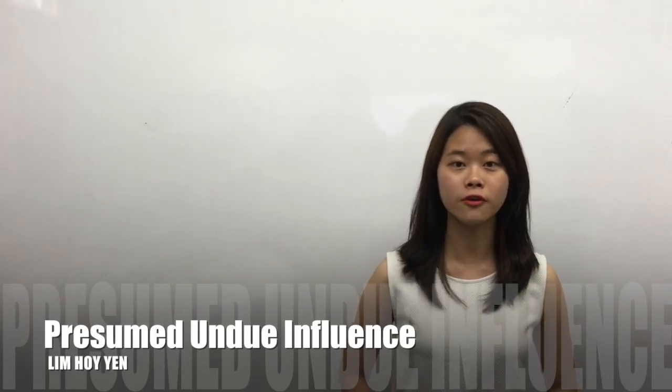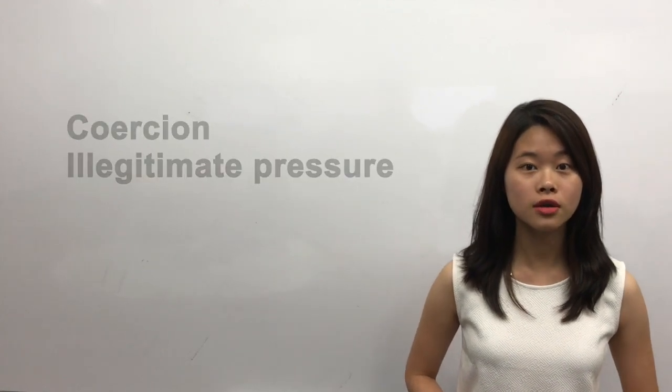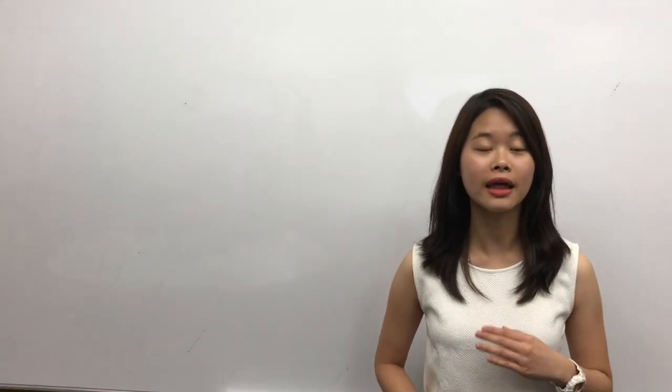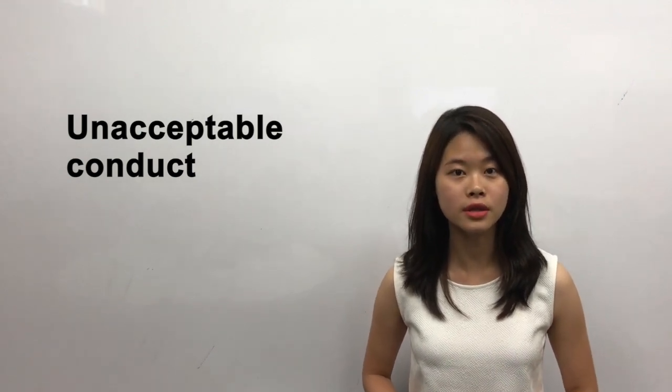Now we will continue with presumed undue influence. First of all, the distinction between actual and presumed undue influence is that actual undue influence is said to be proven by affirmative evidence such as overt acts of coercion and illegitimate pressure, whereas presumed undue influence is concerned with more subtle forms of unacceptable conduct which cannot be proven by objective evidence but are presumed to exist because of the relationship